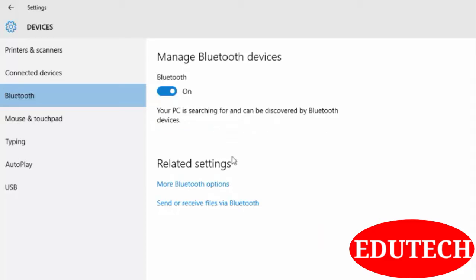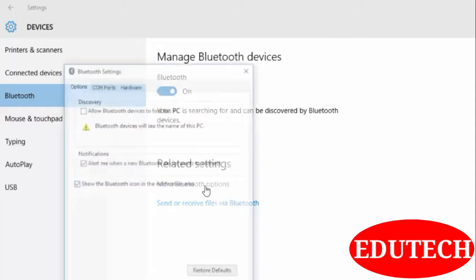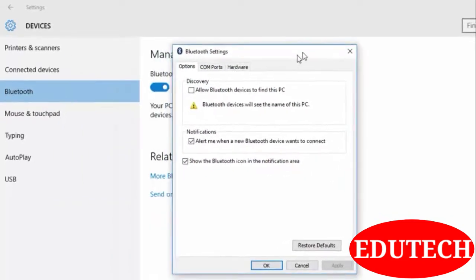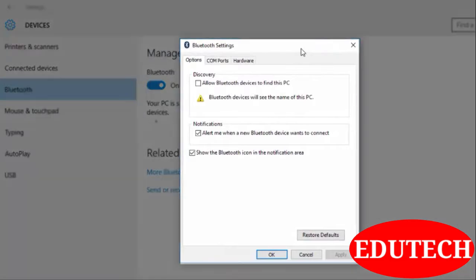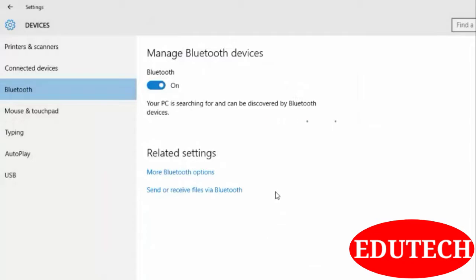For more Bluetooth options, you can click on this link and you will find a pop-up where you can access more Bluetooth settings. If you want your PC to be discovered, then you can check this option and click on Apply and OK. Now your PC is available to other devices as well.